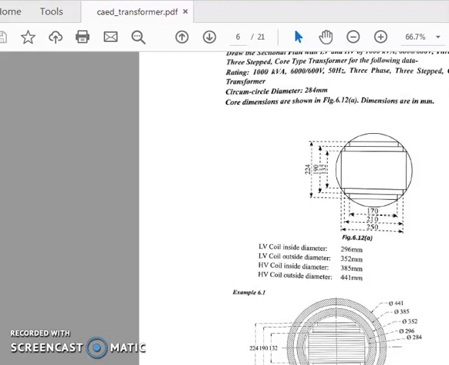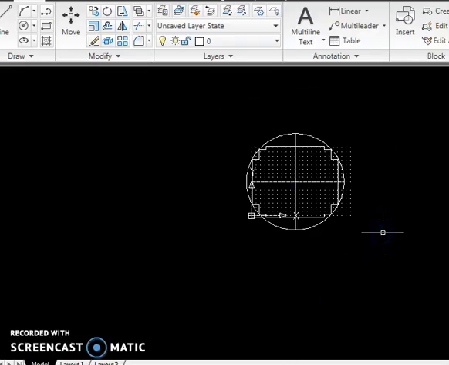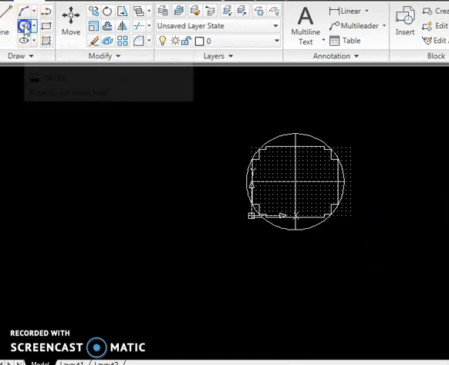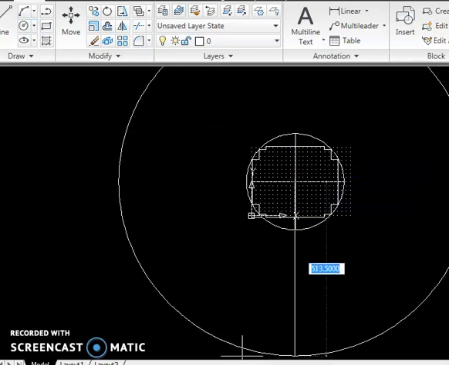I think I had given radius, I guess, so there is some error. Once again we will do that. I'll press this. Specify the radius of the circle or diameter. See, I have to give diameter, so D first I will give.